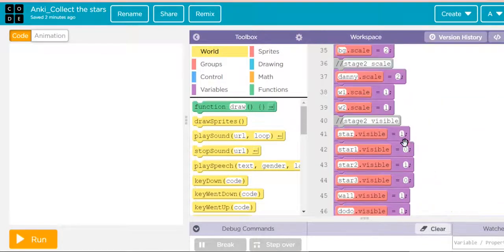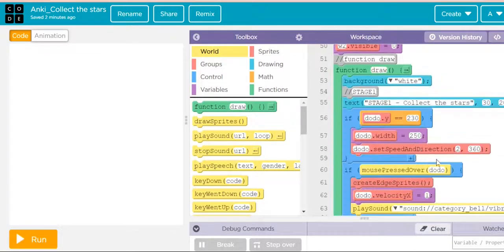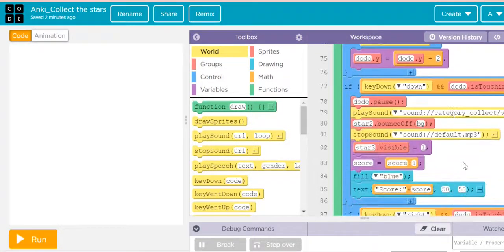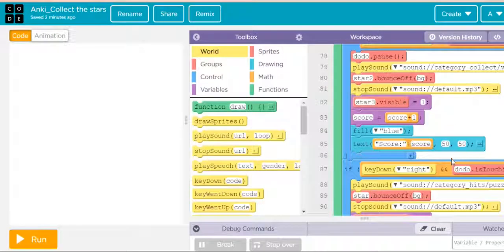So we have created a sprite called Danny. Then we have set the background, and then we have created two objects, one is a bowl and one is a glass which is filled with water. So he can drink from either of them, and he can drink the water from both of them. His challenge is to drink the water from both of them by reaching that particular place, by searching for that place. So he searches it out, and then he goes to that place and drinks the water, and he gets 2 points if he drinks from both of them.